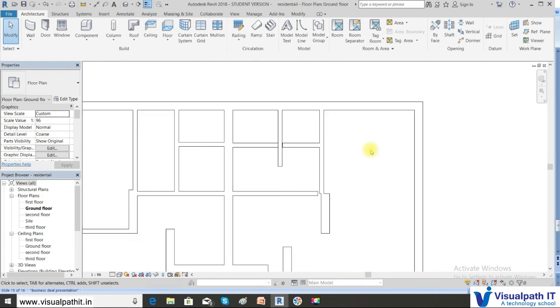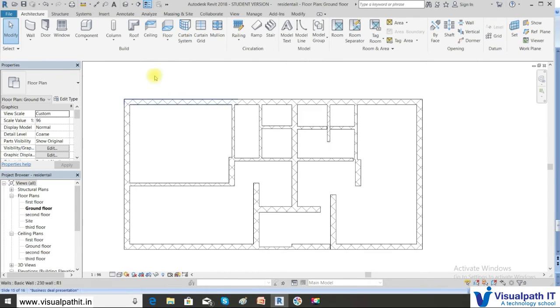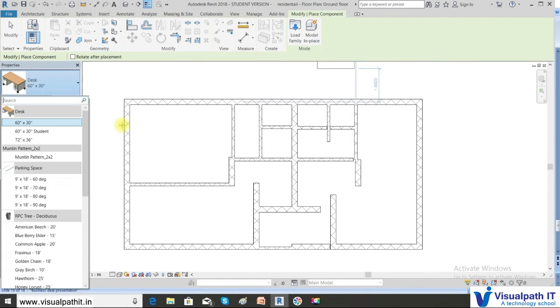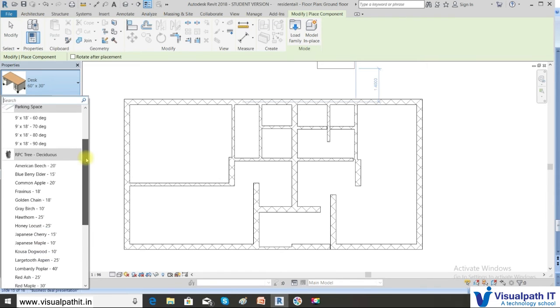Now let us place a furniture here. Currently I have not taught you furnitures, but let us open some furniture and see how that is done. So I'll say component, place a component. Say some desk is there. So I'm placing, let us see what all is available.